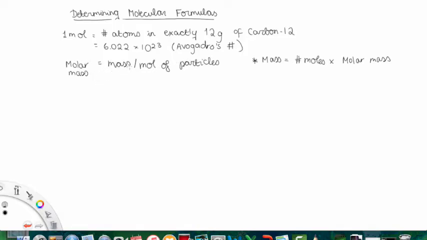Molar mass is the mass per mole of particles, and we talked about this in previous parts, but the mass in grams can be found from the number of moles times the molar mass, which is in grams per mole. So now we're going to talk about determining the molecular formula, but in order to do that, one other important thing that you need to know is empirical formula. So empirical formula shows the relative number of atoms. For example,